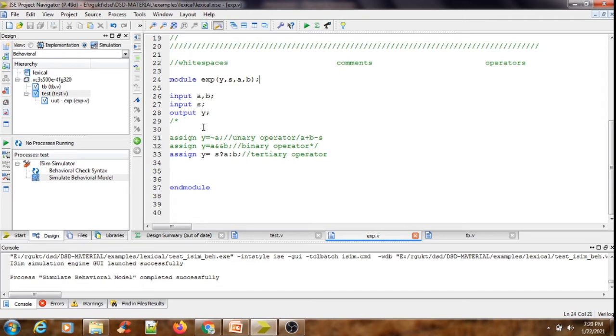Now if I didn't give any white space, input would not be treated as a keyword or considered a token. So in order to separate tokens I definitely need to use a white space.